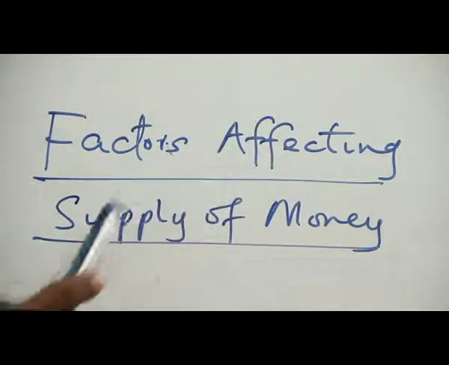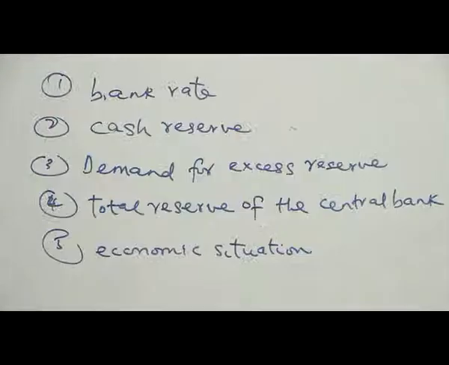Factors affecting supply of money. Number one, bank rate. What do we mean by bank rate? Bank rate implies the rate at which the central bank carries out lending and borrowing with commercial banks. It is the rate at which commercial banks can borrow. Now, how is it affecting supply? If there is an increase in bank rate, that is the rate at which commercial banks can borrow from the central bank,